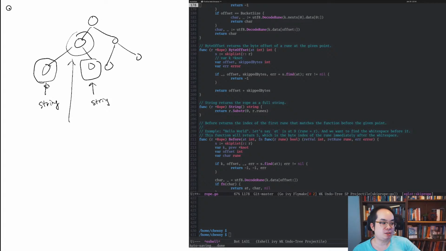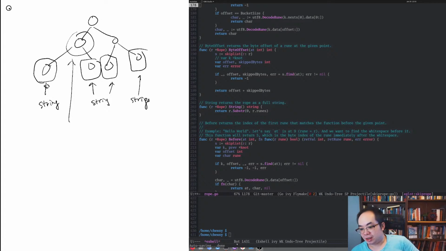rope is. You would use a rope when you create a text editor, or in the case of the series that I'm live streaming, in an LSP, you will want to store your source code in some sort of rope. And maybe you'll also want to involve a piece table, which is a sequence of edits. I'm not sure if I want to do that, but I'll talk about piece tables if I need it. But for now, we don't need it. So these are strings. And that's essentially what